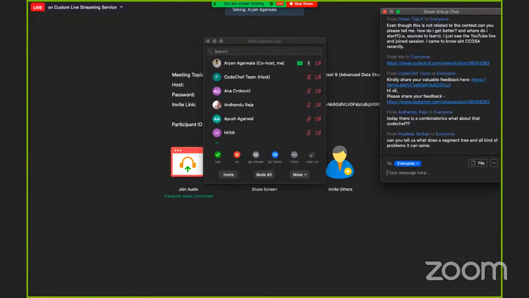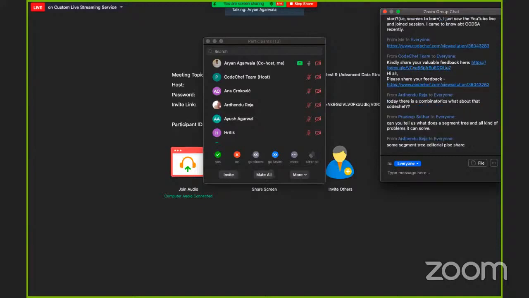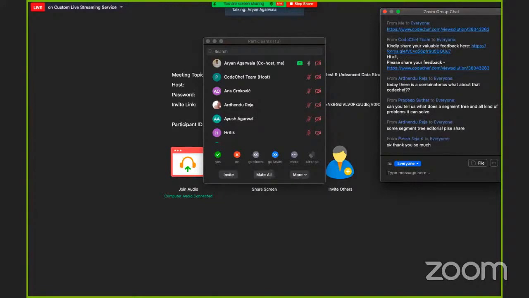Okay, what kind of problems can it solve? Again, the general problem is just a range query. So if you have any range query, start by assuming it's a segment tree problem. There are a lot of problems it can solve. Something like this: find the minimum in a range, that's a segment tree there. If I tell you that I want all elements in a range to be modulo something, that's also a segment tree, if you have to do this kind of query. Someone asked for a segment tree editorial. What do you mean, editorial? We have resources attached in the week, if you've seen. If you want to know more about segment trees.